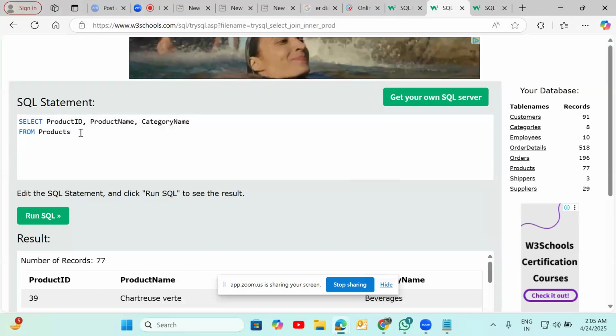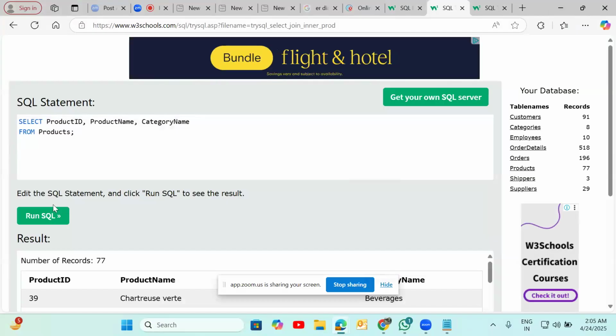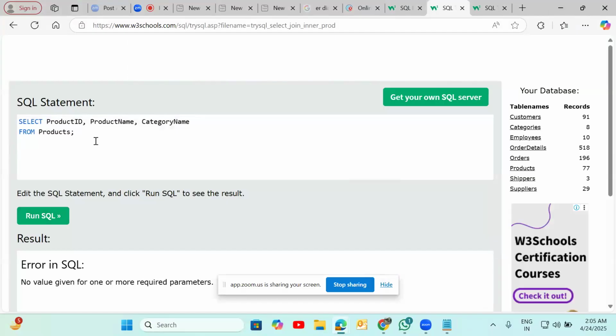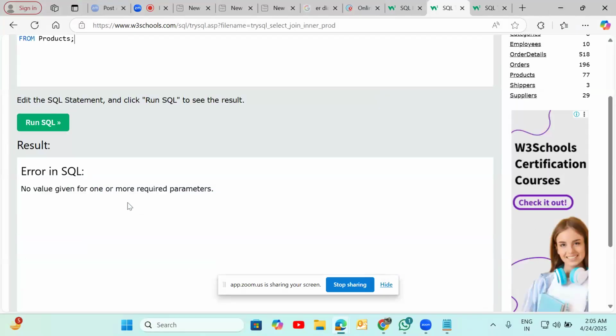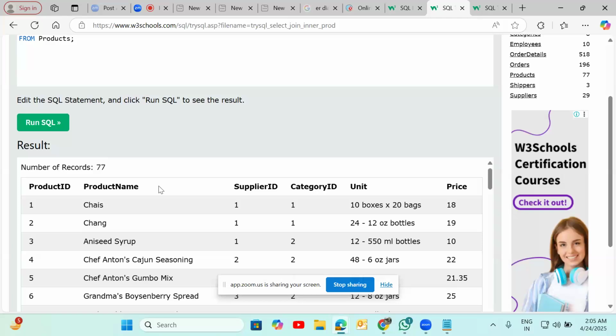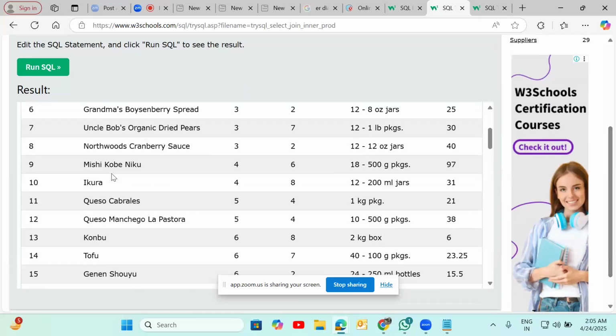select star from table. What happened, they gave the required parameters. Okay, let me stop. Yeah, see how many records we have. Many records in total, right?